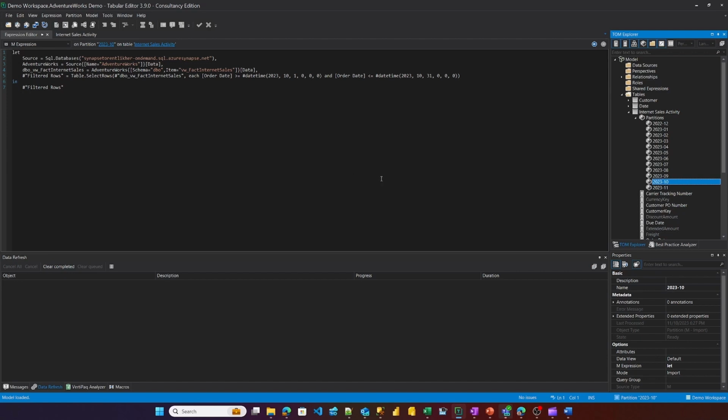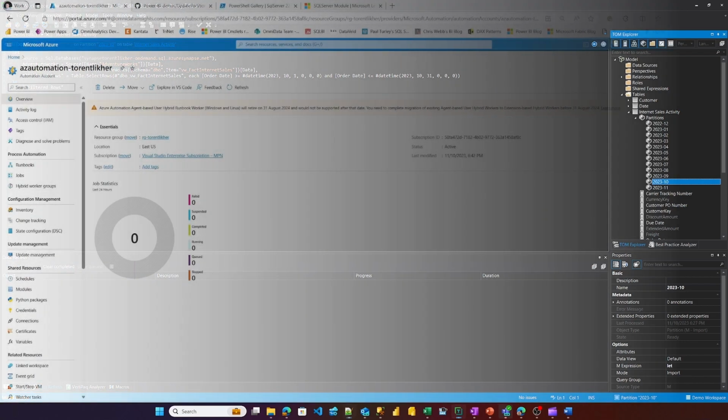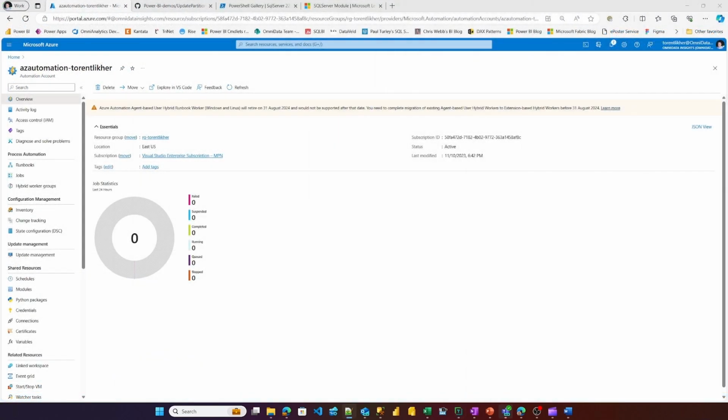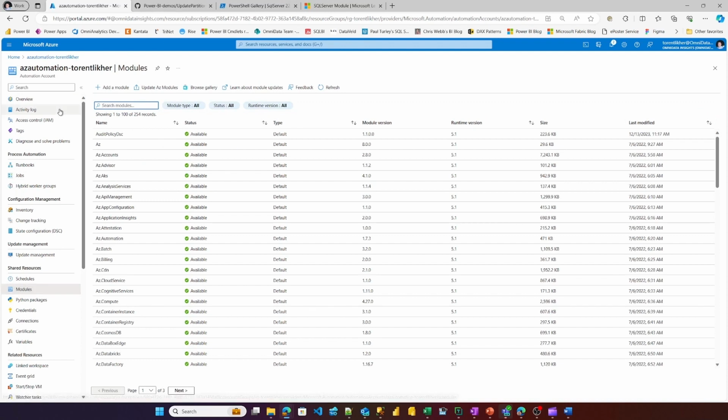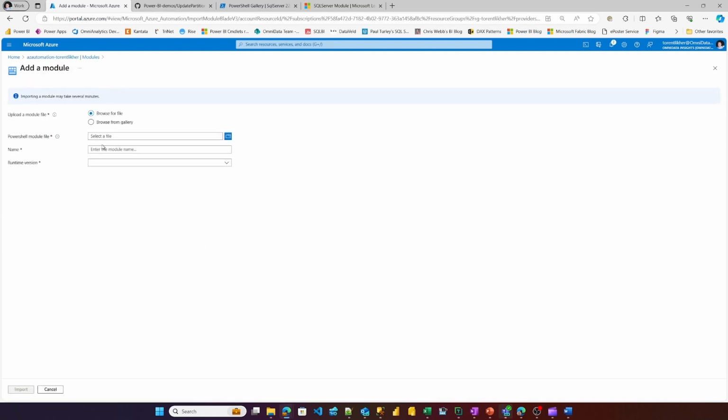So let's jump over to the Azure portal and take a look at how we go about automating that using PowerShell. All right, now we are in the Azure portal and we're going to be using an Azure automation resource for our script. Before we get started on creating a runbook, we're going to need to install the SQL Server module, which allows us to execute XMLA queries against our semantic model. To do that, we're going to go to the modules here on the left-hand side, and we're going to go to Add a Module,